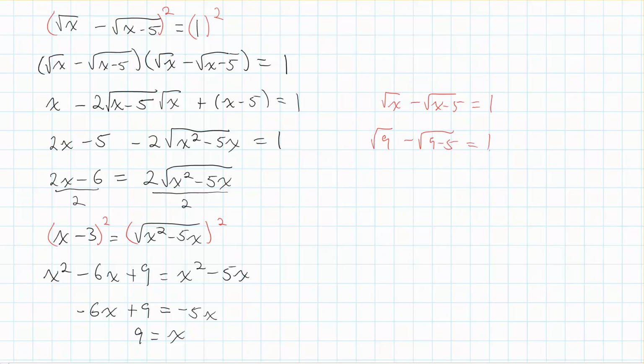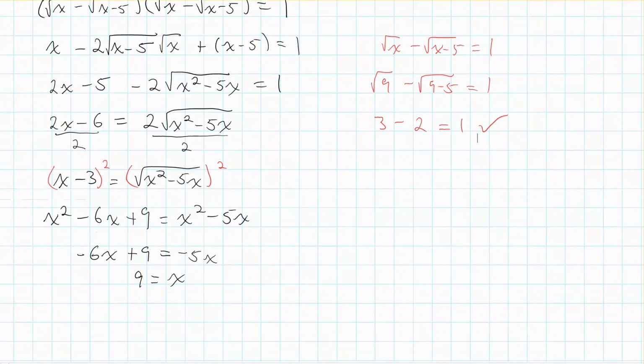equals 1. So that would be 3. 9 minus 5 is 4, so square root of 4 is 2. 3 minus 2 is equal to 1. So that is correct. So this is my answer. Okay,